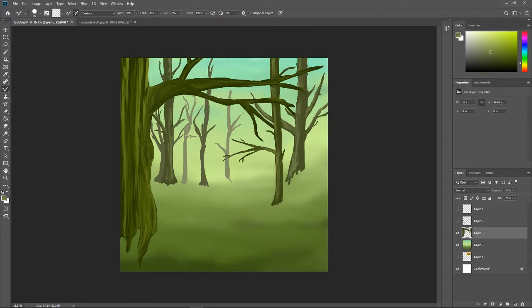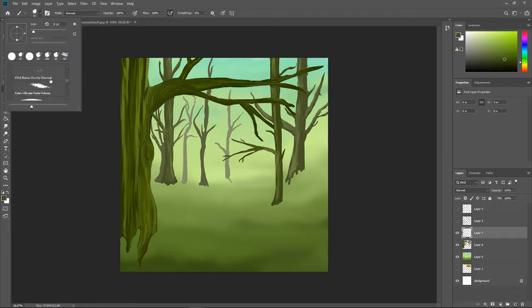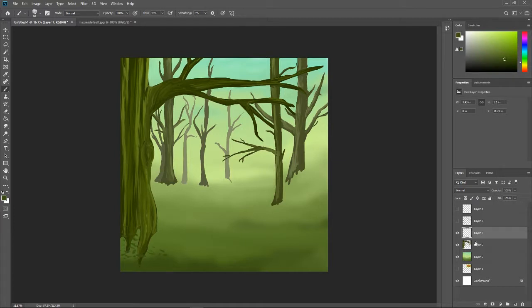So I basically only do it on the trees that are kind of up close-ish. But the trees are on, I think, 4 planes of distance, so I tried to reflect that in their size, their color, their detail. I'm starting to do these little foliage pieces here, and I eventually go back and get rid of them, and I kind of regret it a little bit because